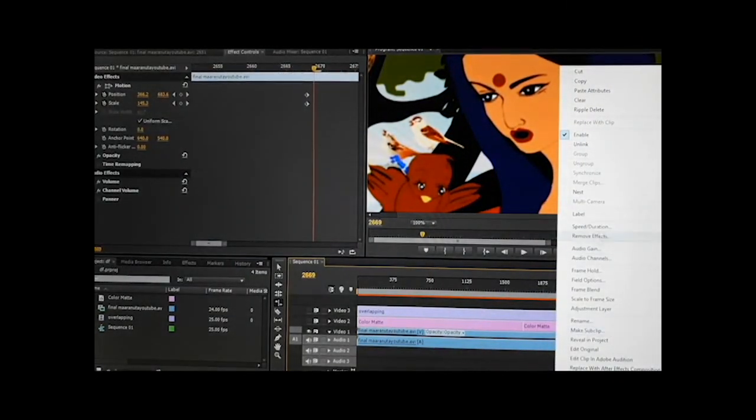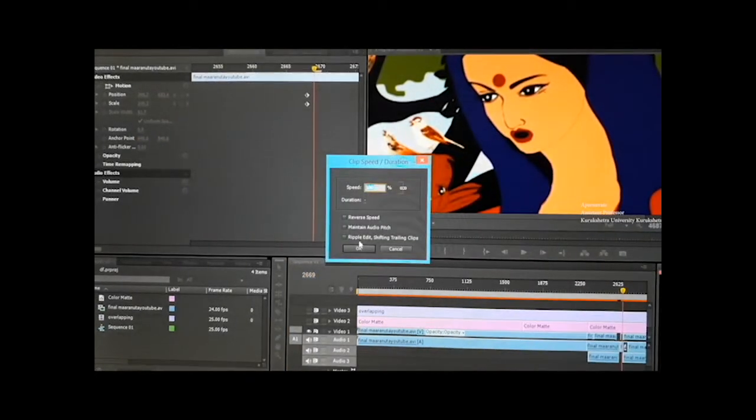From here you can also use scale, frame size, ripple delete, edit original, frame hold, and speed and duration. Duration you can increase from here.